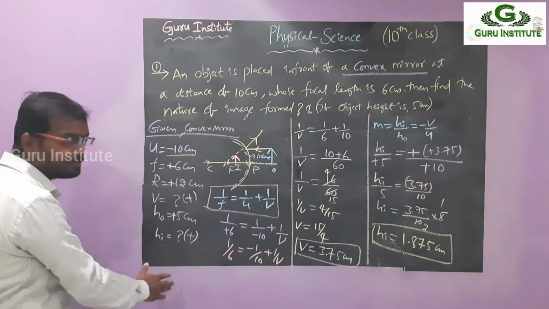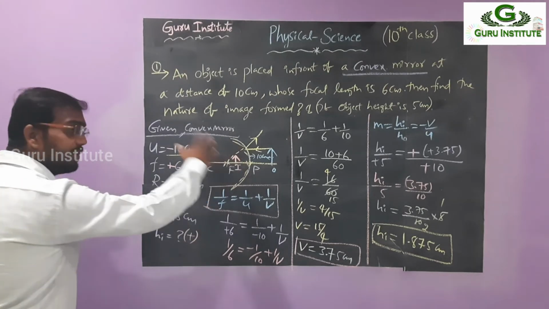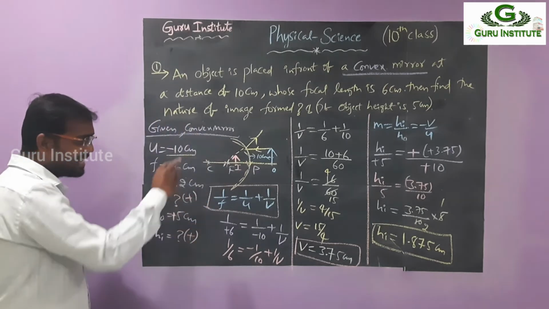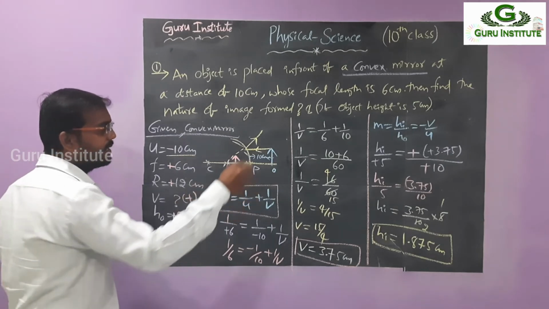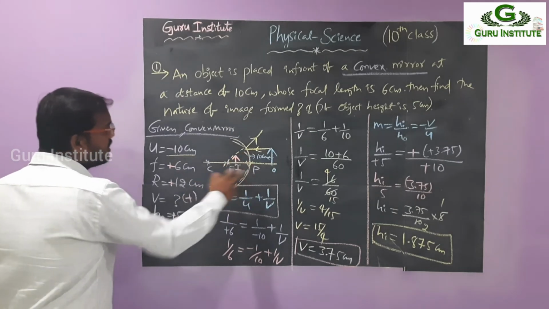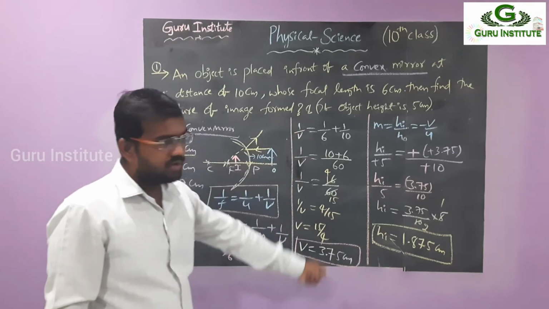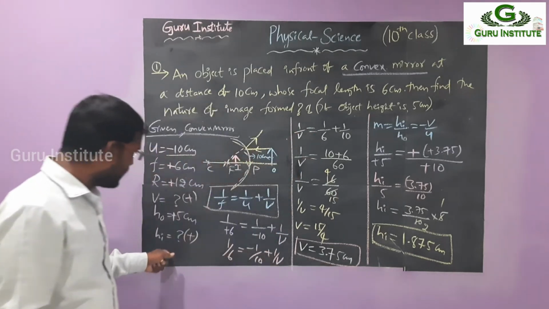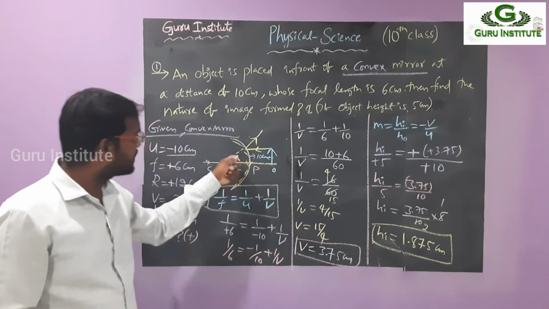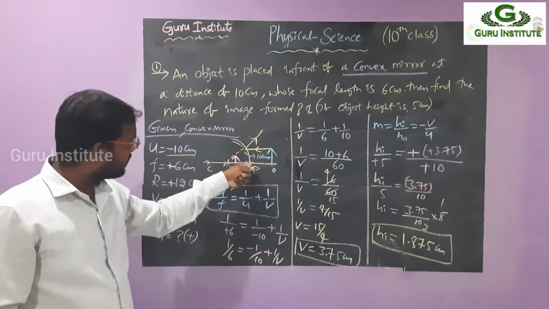So same data for convex mirror, this is like this. Simply write the data and draw the rough diagram. What is the use of the rough diagram? Maximum use is there. So total matter depends on the rough diagram only. Draw the rough diagram, then you will easily get the sign convention and substitute these values. If you get according to sign convention, your answer is correct. So from the picture only you can tell that it is between P and F.